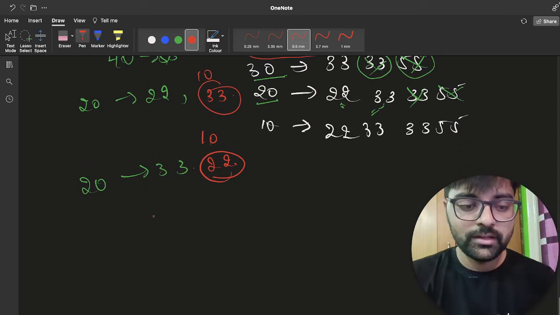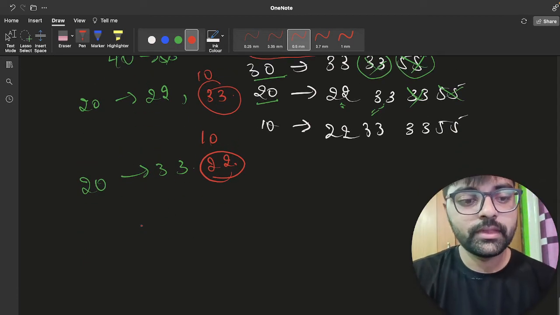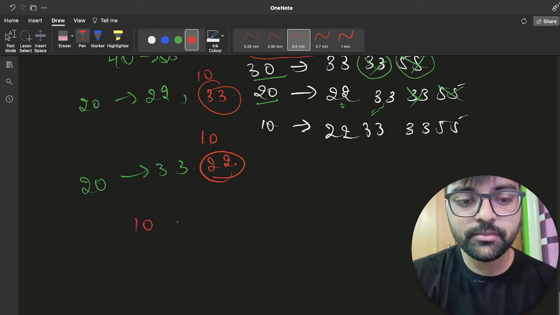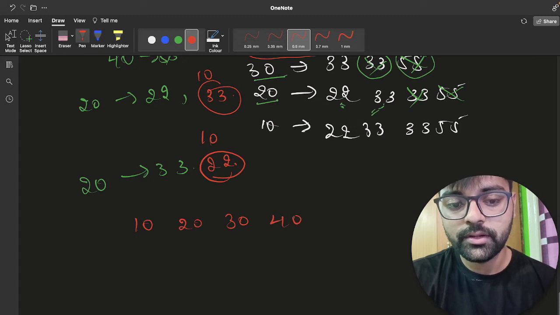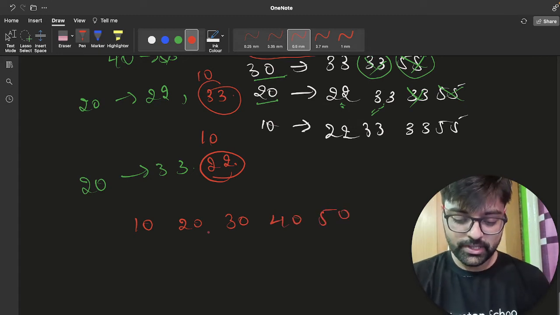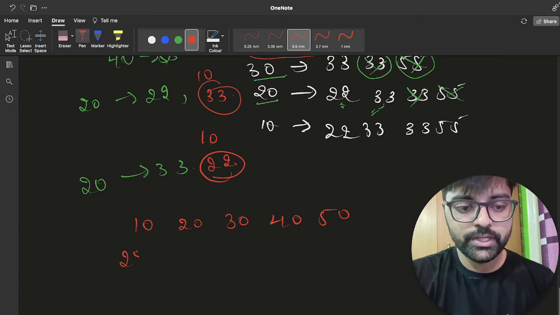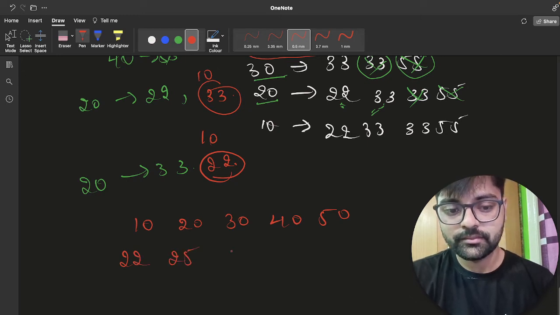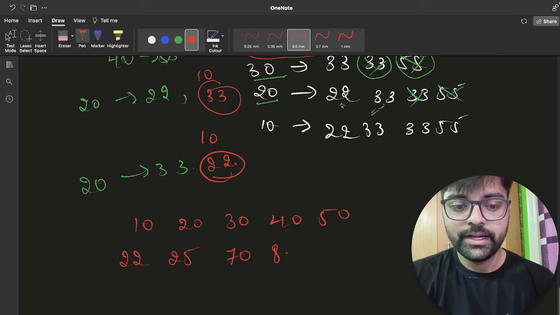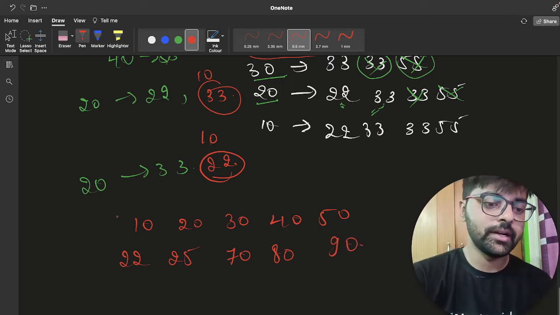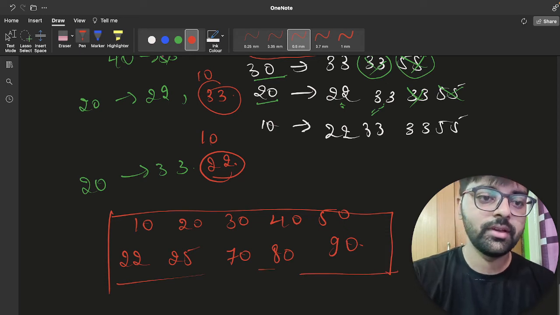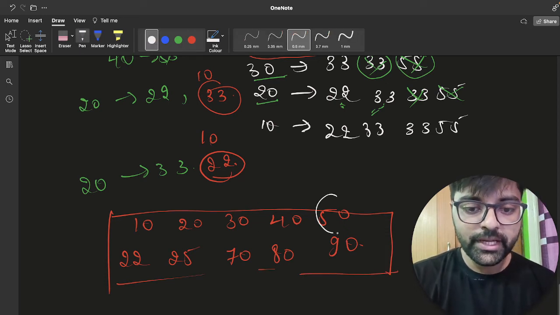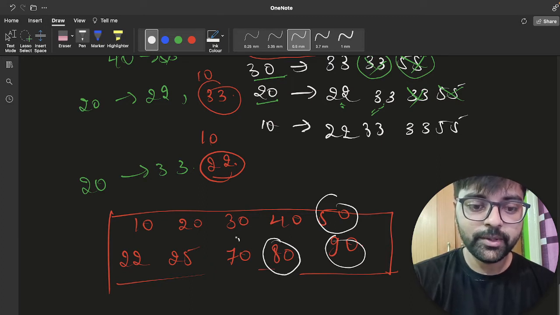So let's say we have another array 10, 20, 30, 40, 50 and we have, let's say, 22, 25, 70, 80, 90, right? So consider this as our example. This will deduce our final observation. So 50 can be made 90, 50 can be made 80, 50 can be made 70.